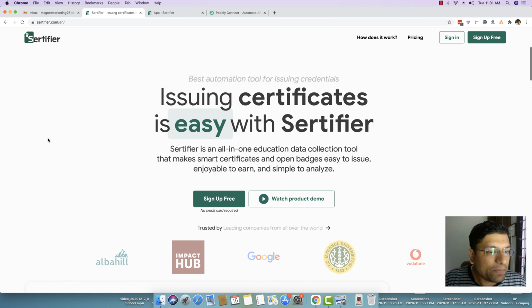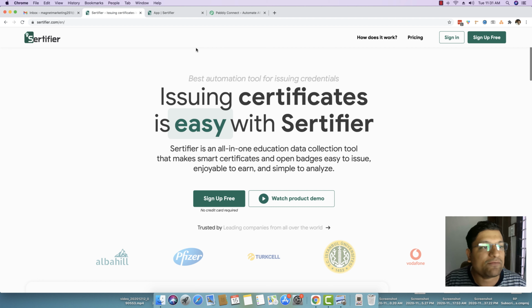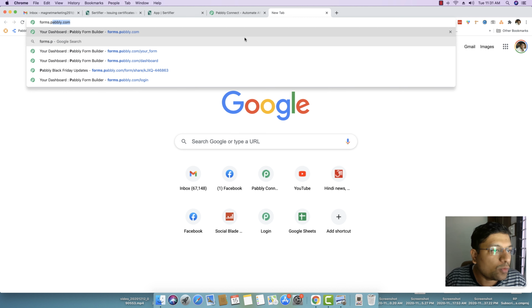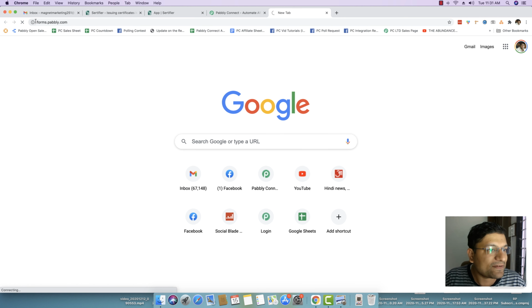As you can see, we will be using a website or application named certifier.com. We will be using this application to generate your certificates. We will be creating a form first, and I will be creating the form through Pabbly form builder itself, so I will be going to forms.pabbly.com.